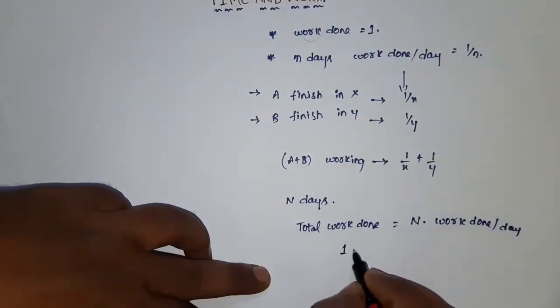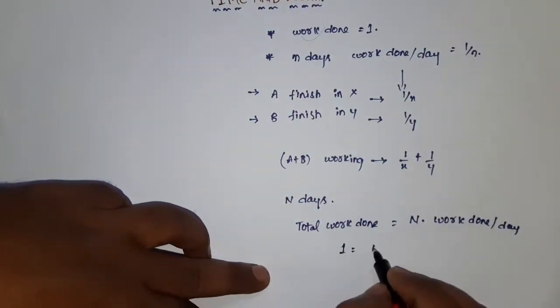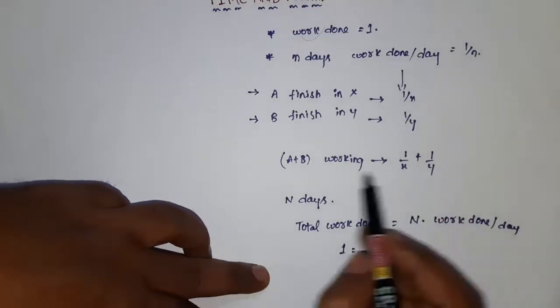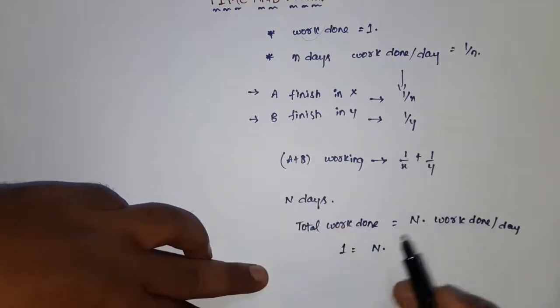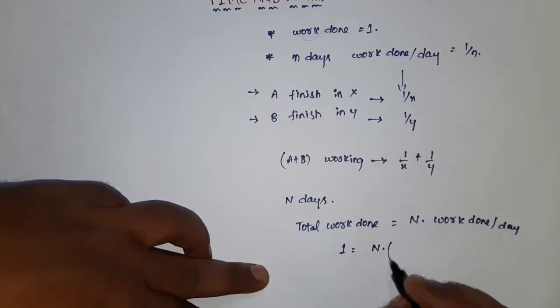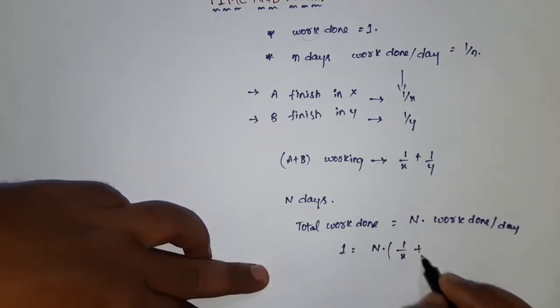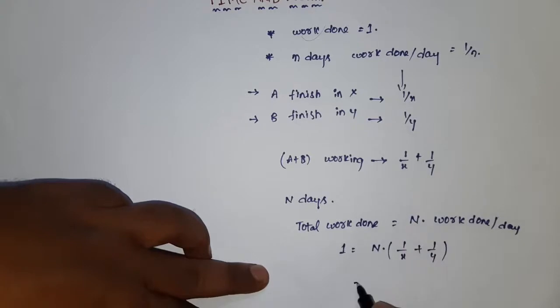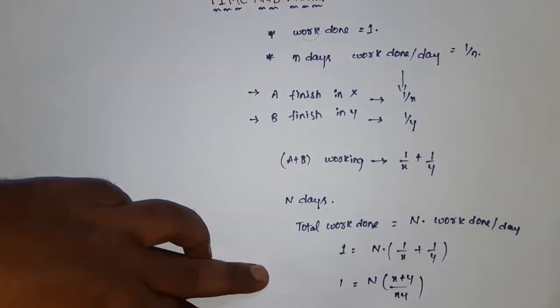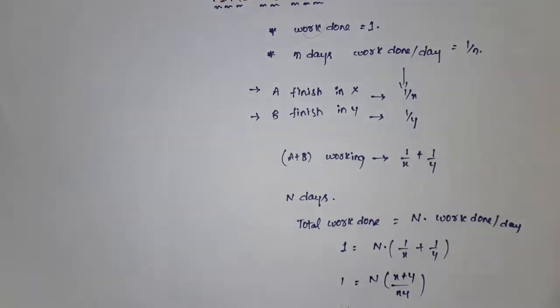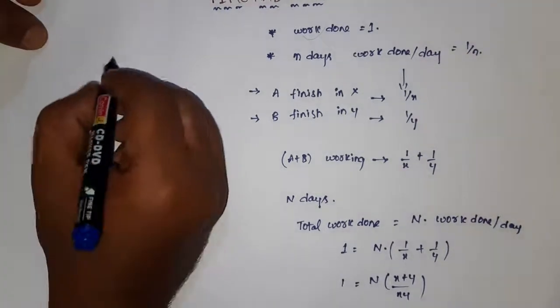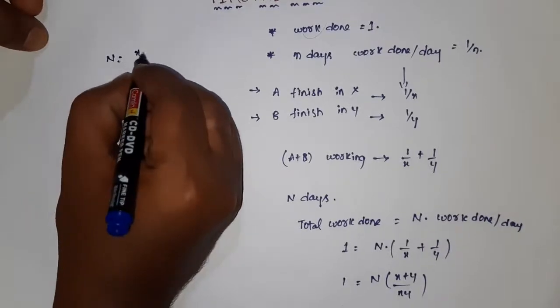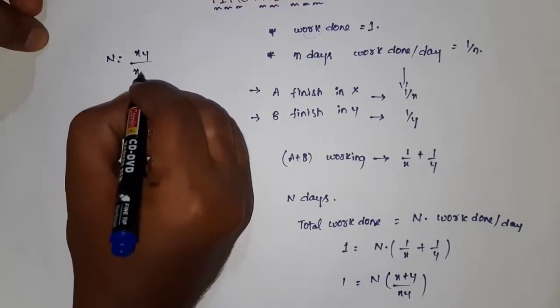Always 1, as we assumed, and n into the work done per day when A plus B are working together, that is 1 by X plus 1 by Y. So 1 equals n into (X plus Y) by XY. So we got the number of days n equals XY by (X plus Y),